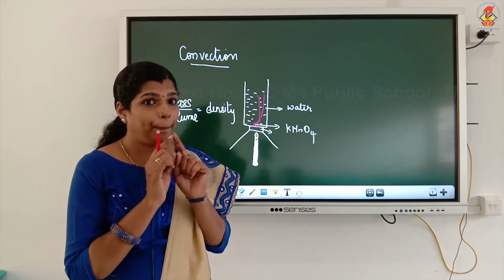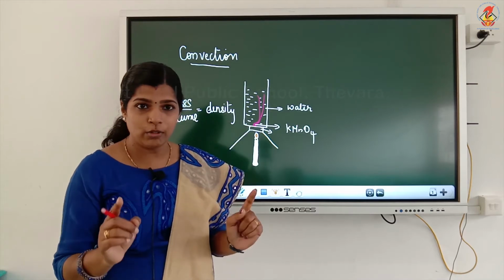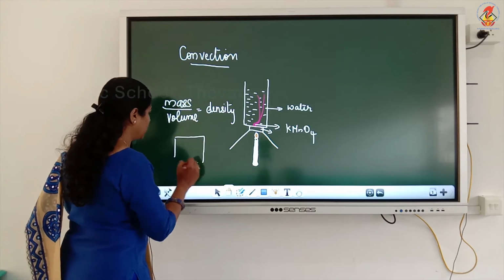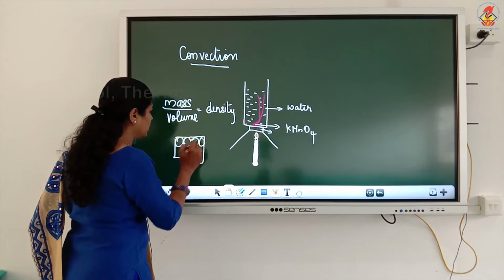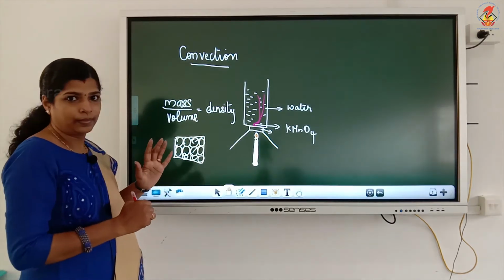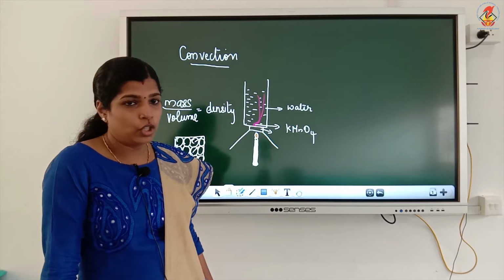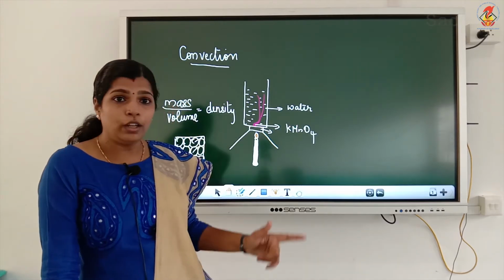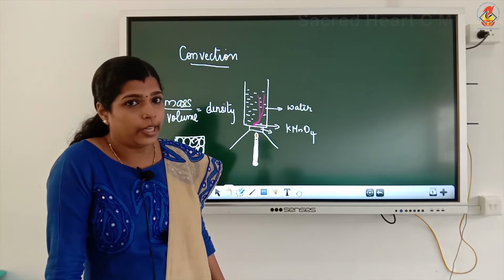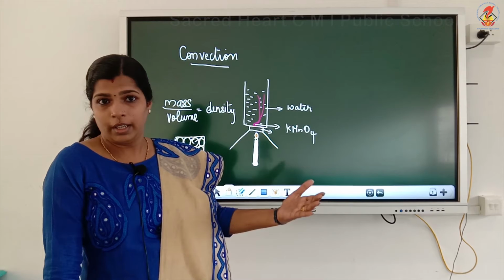You know the packing of solid, in which way the molecules are packed? The molecules are packed tightly. If you consider solids, all the molecules are tightly packed. They can't move from their own place. Here they can't move from their position. So, in solids, we can't use this method to transfer heat from one point to another or from hotter end to colder end.